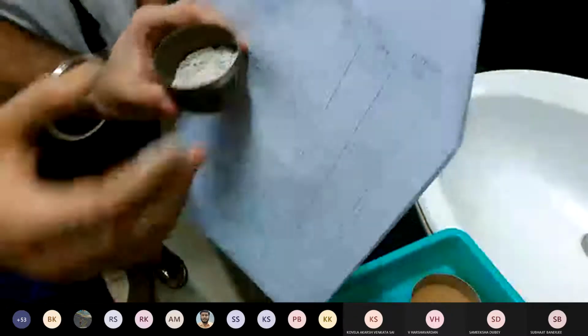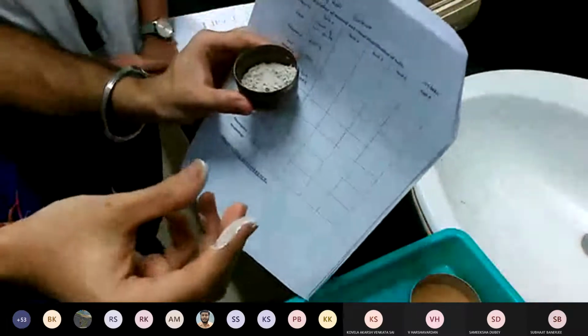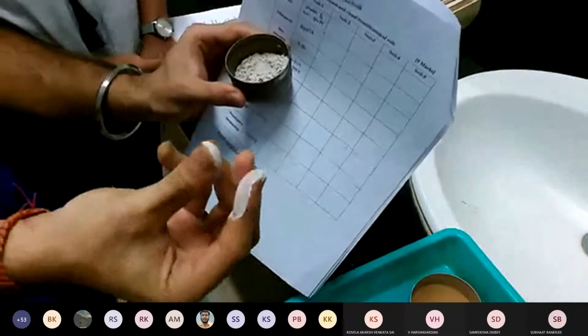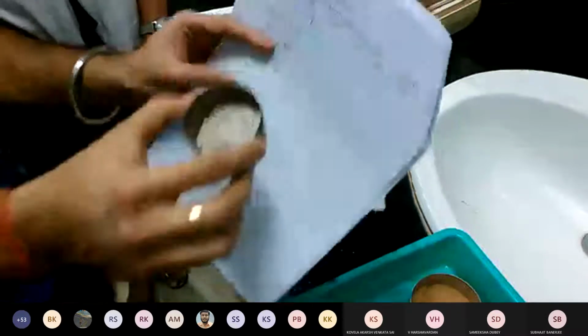Then in dilatancy, the same way, we took some soil, added some water, tapped it, and checked if water is coming to the top. So in this case, water came onto the top. So it was reported as rapid dilatancy. For dry strength, we tried to make small crumbled, segregated bigger chunks of the same, and we tried to press it. It didn't break, so it was reported as high dry strength.